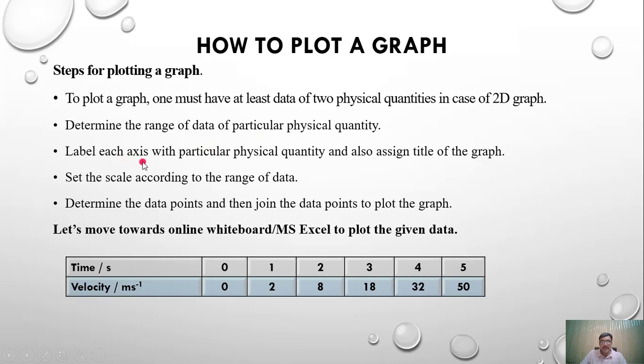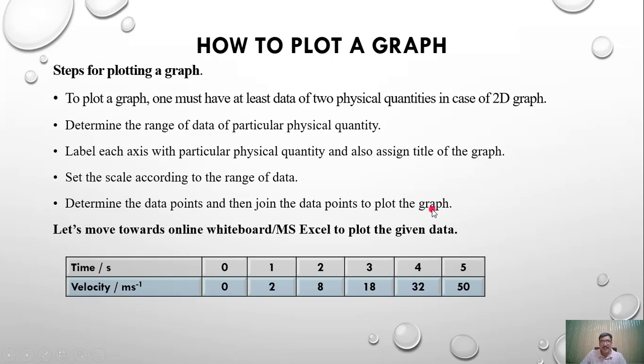Then we have to label each axis with a particular physical quantity, and we also have to assign a title to the graph. And before plotting the data points on the graph, you have to set the scale according to the range of data. After that, the data points should be marked on the graph,